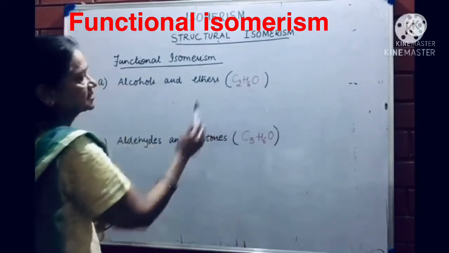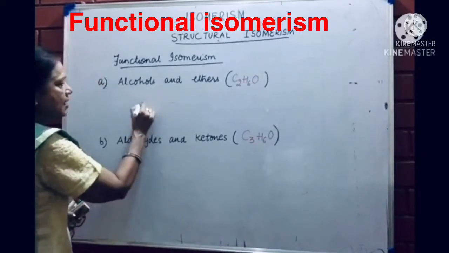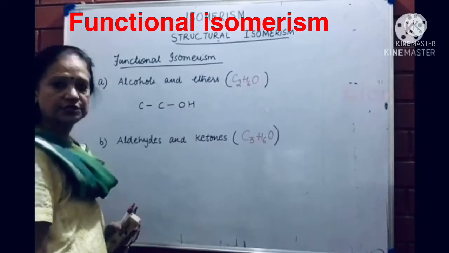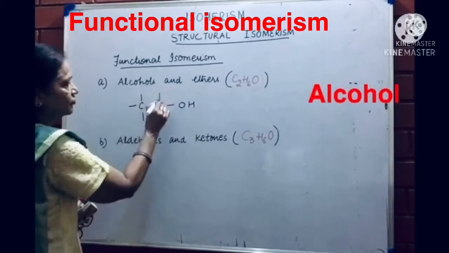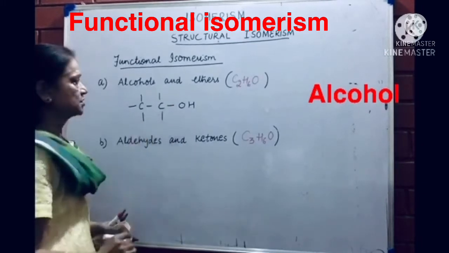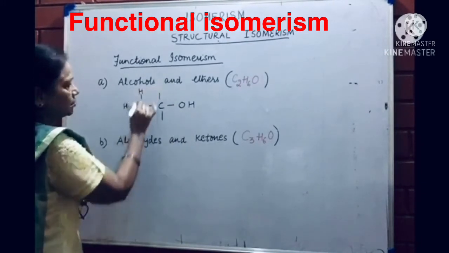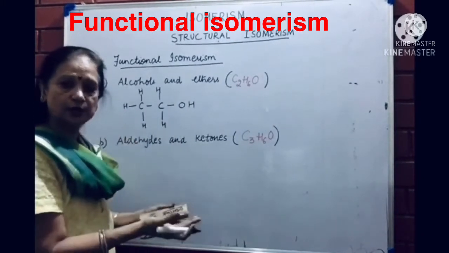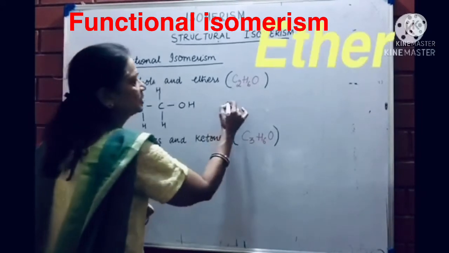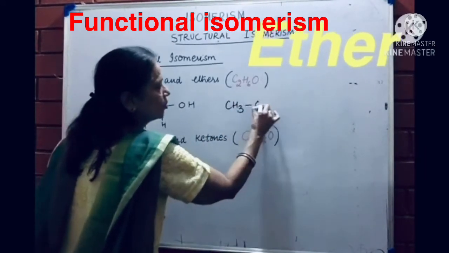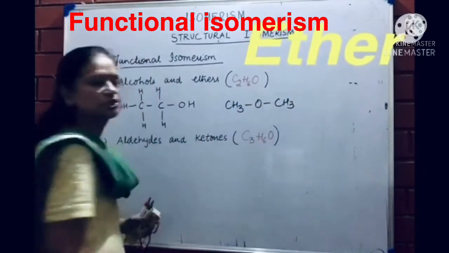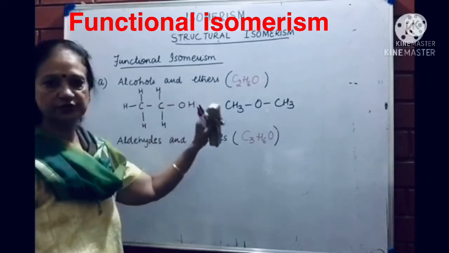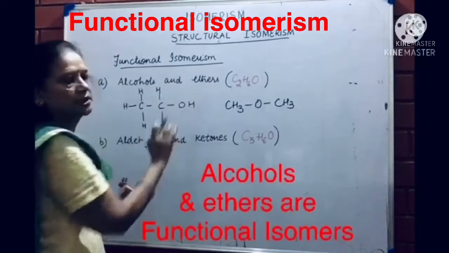So I'll try and see if this is an alcohol. So 1, 2 carbon atoms. And alcohol means it must contain OH in it. And so 1, 2, 3, 4, 5, 6 hydrogen atoms, 1 oxygen atom. So this becomes an alcohol. If it is an alcohol, I am sure that the other compound I have to make is an ether. So ether means CH3OCH3. Ethers have the oxygen atom in the center. So now both these compounds are isomers of each other. One is an alcohol, the other is an ether.